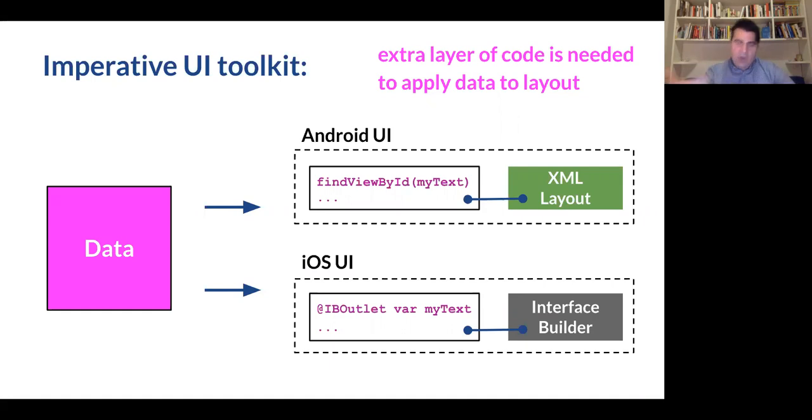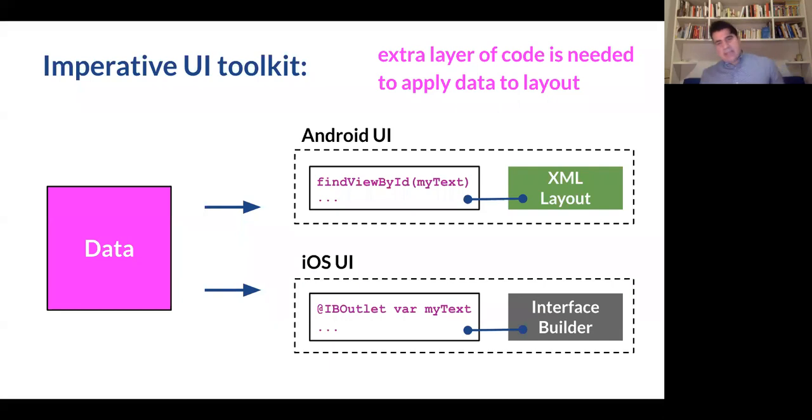As you are all Android developers, you know very well that when you design a layout in XML, you always need some kind of code to apply the data to such layouts, and typically by using findViewById,